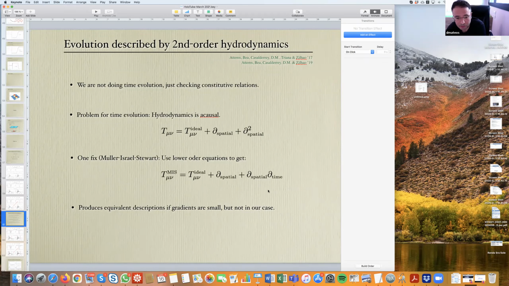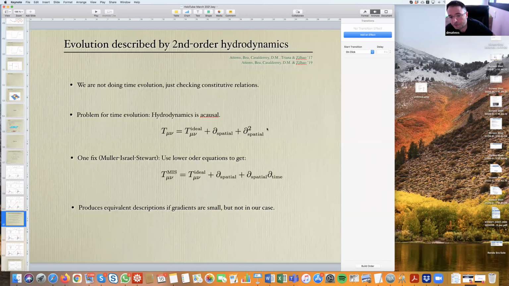This one here, which is in general known as Müller-Israel-Stewart type theories, gives you a well-posed initial value problem, and you can do time evolution. The problem is that these two are not equivalent if the gradients are not infinitesimal, because some of the third order terms you are throwing away when you go from here to here can be large. And that's exactly the case when you're looking at a phase-separated configuration, because there all the velocities and all the time derivatives are 0. Everything is static. So this is identically 0, but this is actually large. So you're replacing something large by something that's 0. That's why it fails.